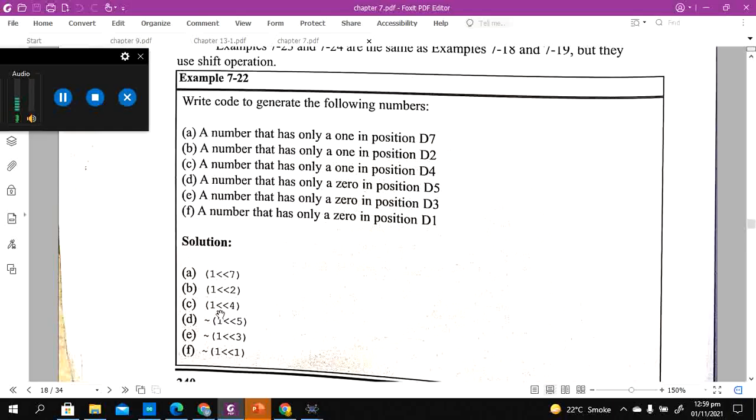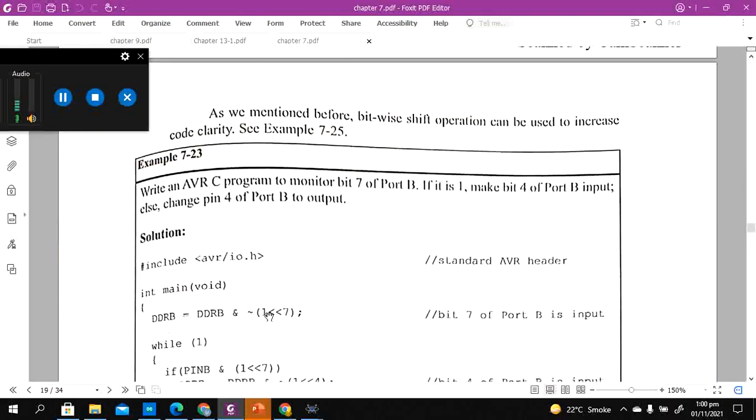1, and if you want to make it 0, you just need to use the complement operator, the invert operator, here. So this will make the fifth bit 0, this will make the third bit 0, this will make the first bit 0. So just write or remember these syntaxes for setting ones and zeros, and don't confuse them. The left hand side will stay as a constant 1. You cannot write a 0 here assuming that it will become 0. The syntax is not allowing you to do this. You want to make it 0, so you write 1, make that particular bit that you want to address, and then invert it. This is the way the compiler is going to understand it, and there is no other way.